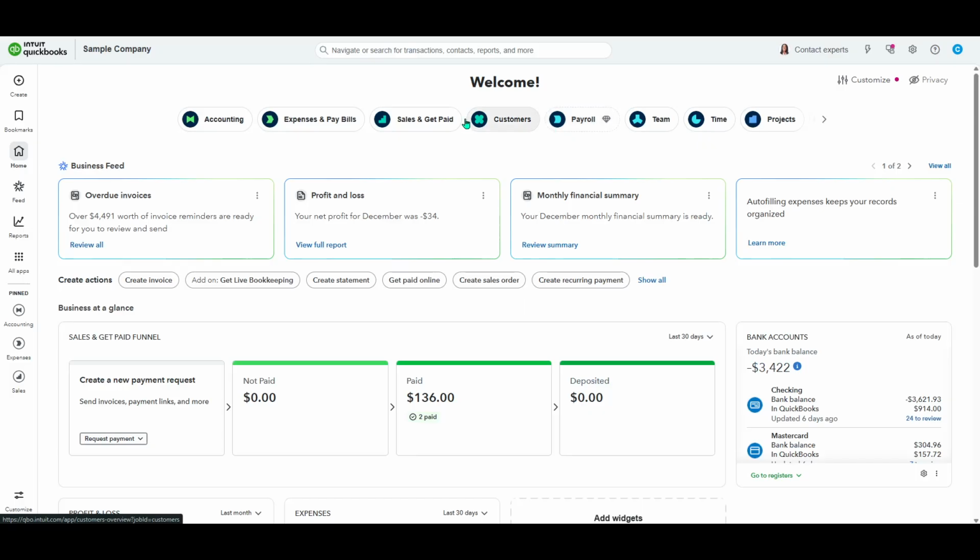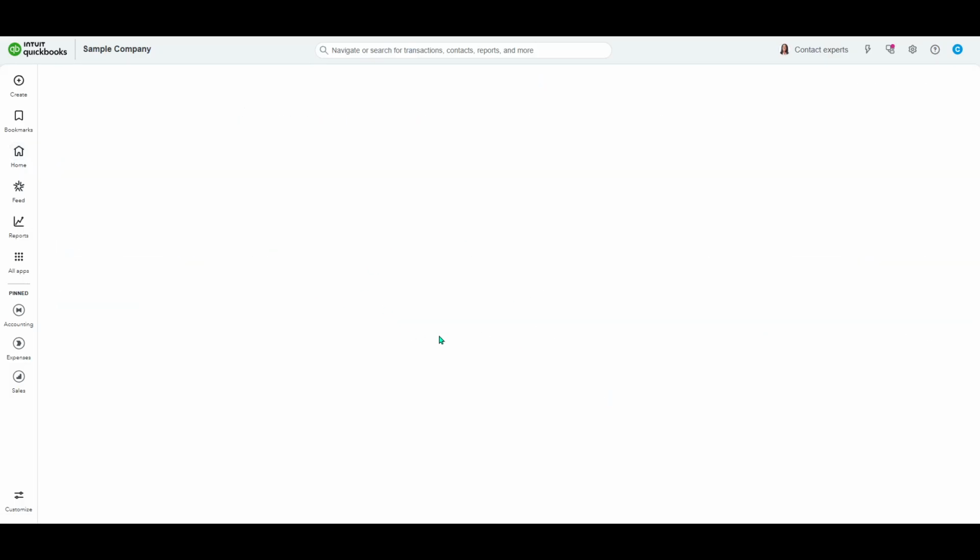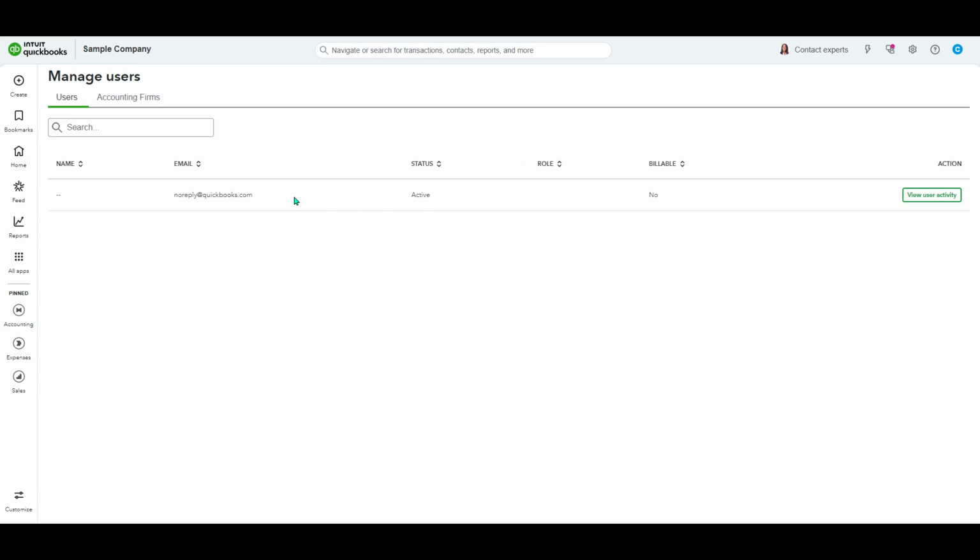This section is dedicated to who can sign in, what they can see, and what they can do inside your QuickBooks Online company. When the Manage Users page loads, you'll see a list of all users tied to the account, along with their roles and statuses. Take a moment to review this list so you're certain you're removing the correct person. It's helpful to double-check the user's role and email to avoid accidental changes, especially if you have multiple users with